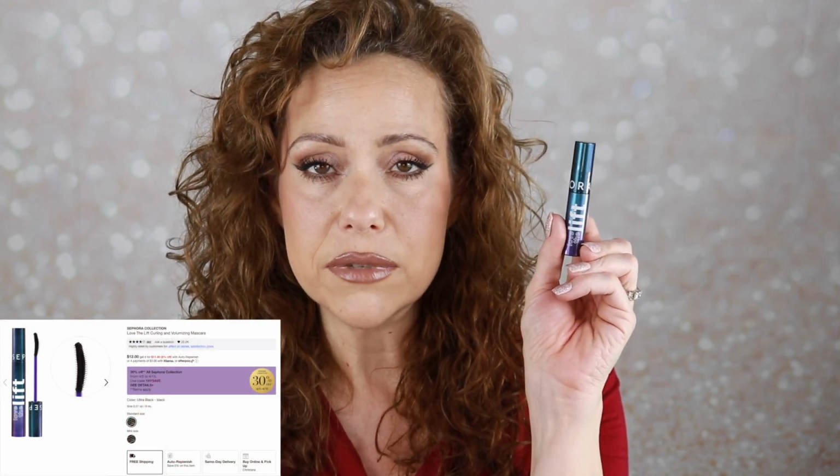I have heard that this one does not transfer down on your waterline. I feel like every eyeliner that I own always transfers down. I'm gonna check. Yep, even the Sephora Collection one did. They all do. So I heard someone say that this one doesn't. We'll see. I picked up a big version of the Love the Lift Curling and Volumizing Mascara from Sephora Collection,